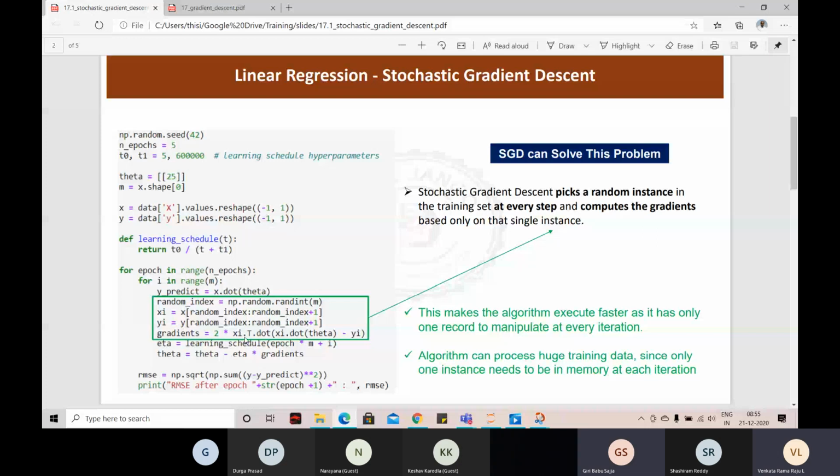So for deep learning algorithms, you need huge volumes of data. This is one of the reasons. Deep learning uses the stochastic gradient descent algorithm, and because of that, it needs huge volumes of data. When you have huge volumes of data, we will take what we call mini batch gradient descent. Instead of taking one record at a time, we take a batch of records, from a random index to maybe 10 or 16 or 32 records. We take and do the gradient calculation, subtract. That way, your problem will reduce.